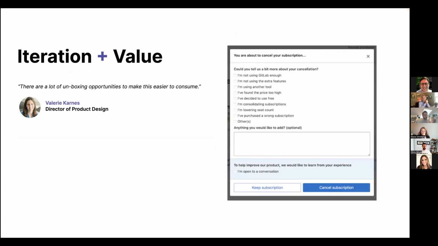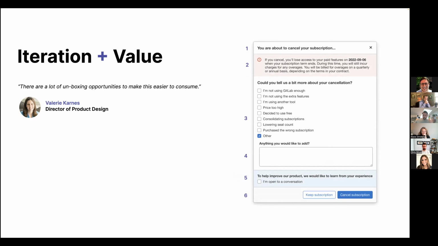There were also some insights from Valerie around the unboxing element. Even in the new and existing designs, there was a huge amount of containers and boxes within a relatively simple task. All you want to do is cancel. So from the initial design here, even to my very first iteration, you could see we've got containers within containers, different banners, different boxes. And really, they're just trying to cancel their account, and it's almost getting to the stage where it's like a full screen